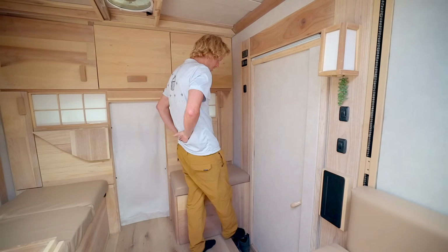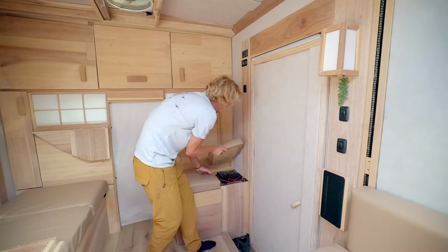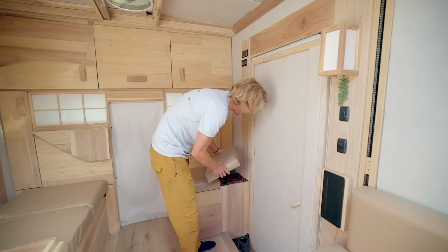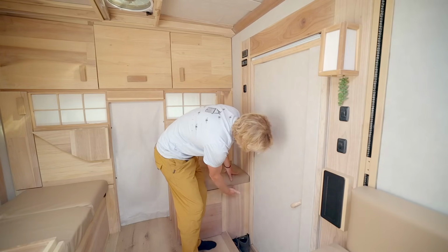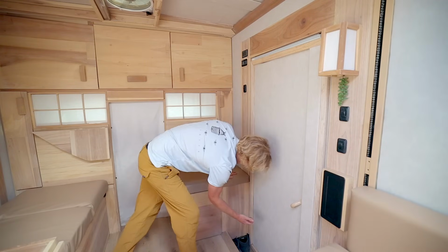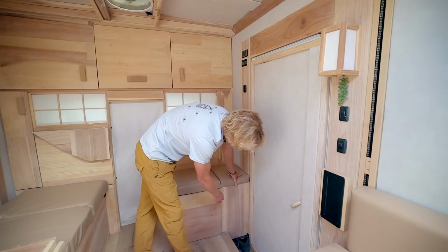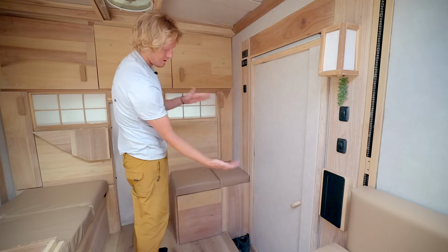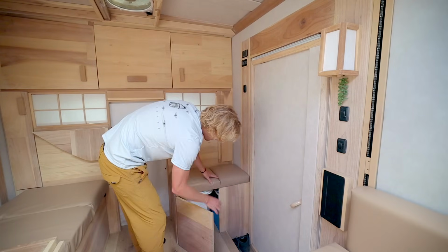And then up from the shoe stash, this is where all my electrical is. So we got charge controller, bus bars, all that good stuff. And then the rest of the electrical just goes down from there. So then we got the inverter and the DC to DC charger and the batteries. I have a 2000 watt inverter, 300 amp hours of lithium, and a 60 amp DC to DC charger, stacked 4 deep right there. And then next to it is the toilet that slides out,